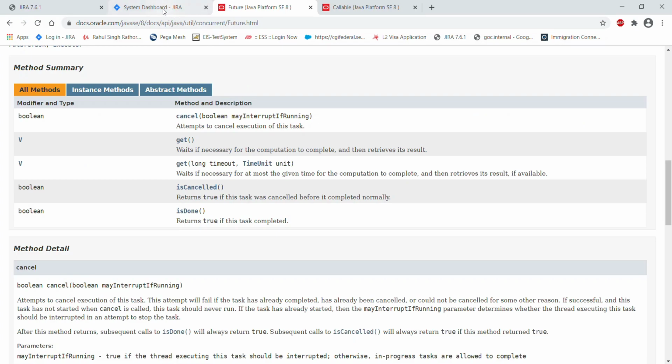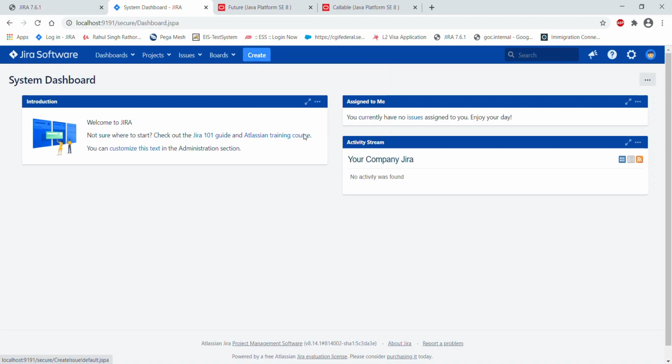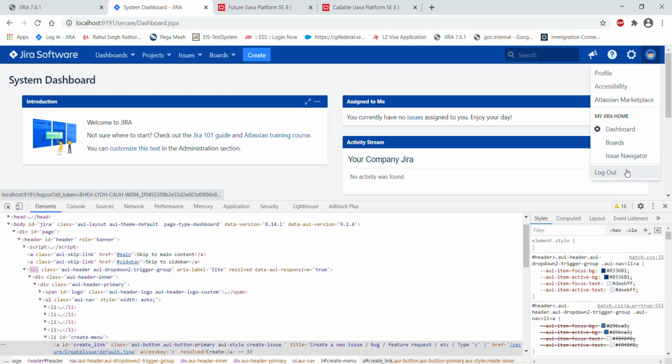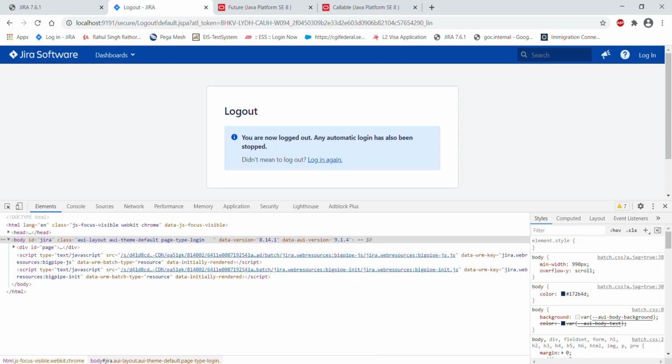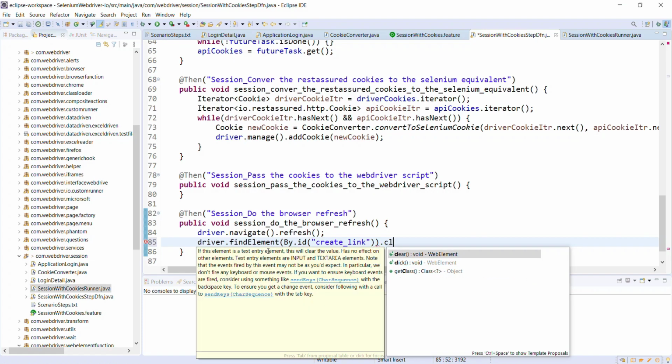So let me log in inside the Jira application and let me find this element. By.id .click.